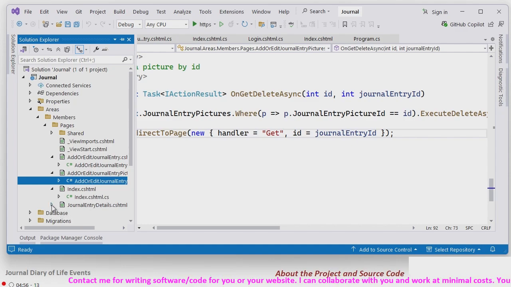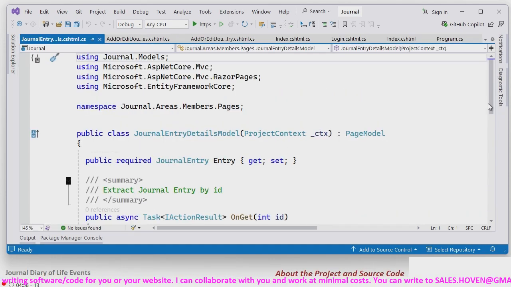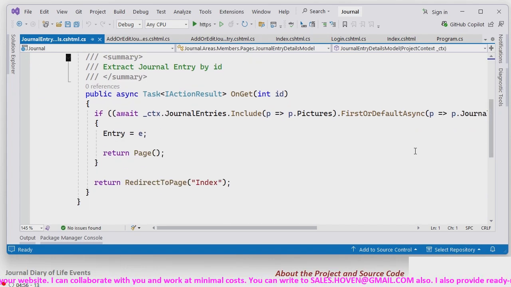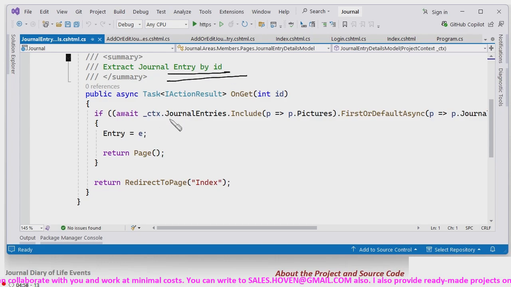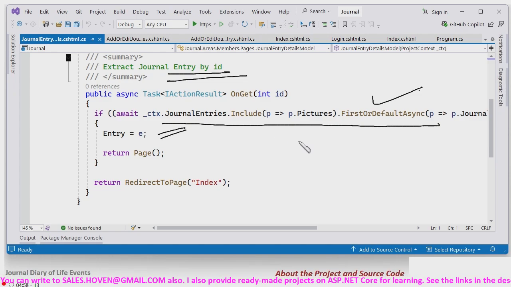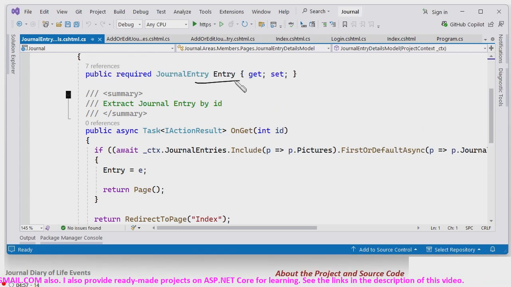After this, we have the journal entry details, the details of a particular journal entry. So, extract journal entry by ID. And this entry,